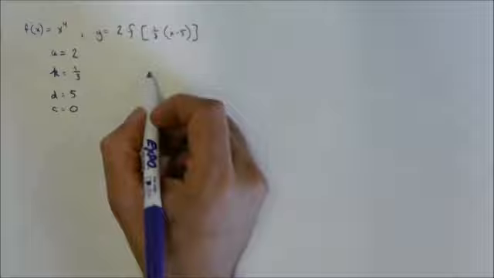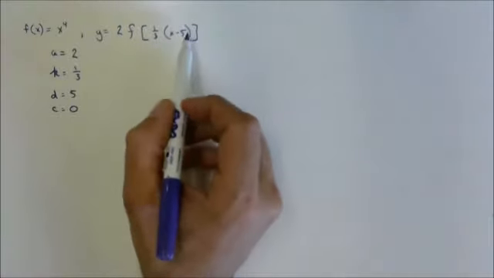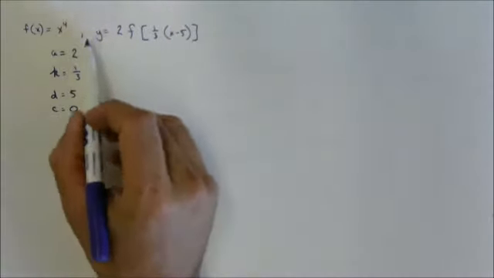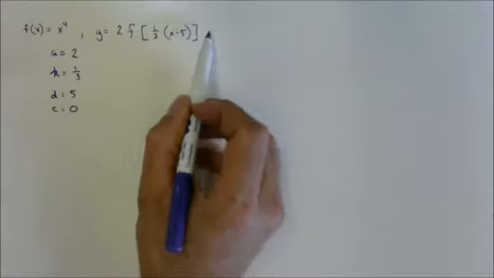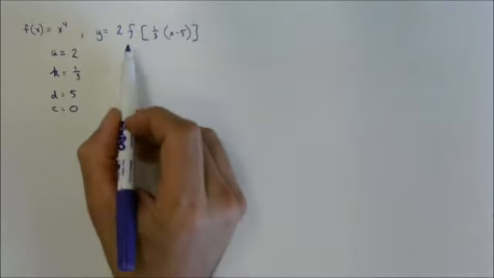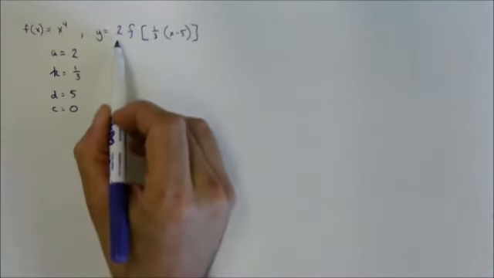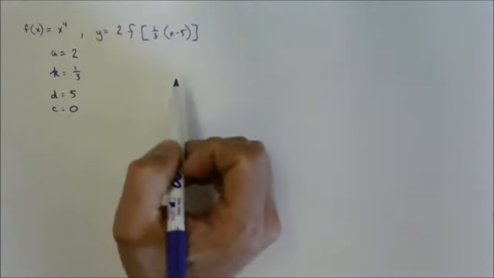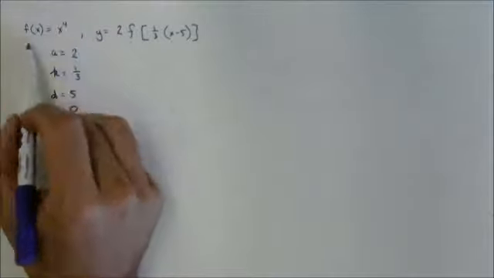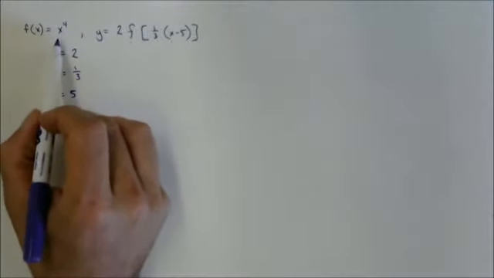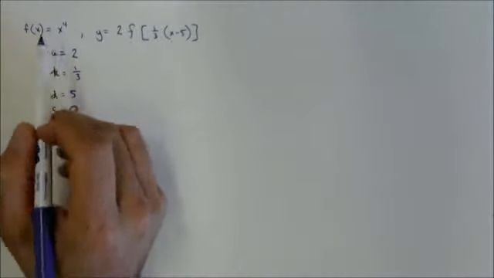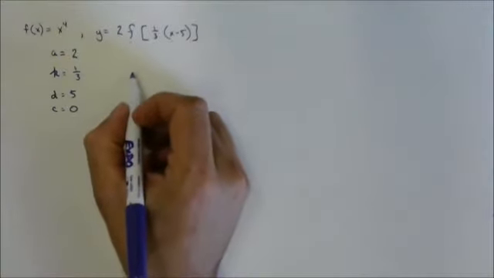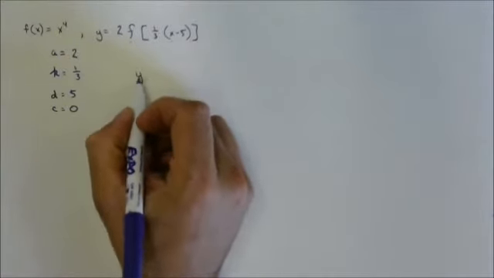We just need to write the new equation. This right here is not an equation of a function. This describes the transformations that need to happen to f of x. And here's f of x. So we start with the parent function of x to the power of 4, and then we put in our parameters. So we end up with y equals